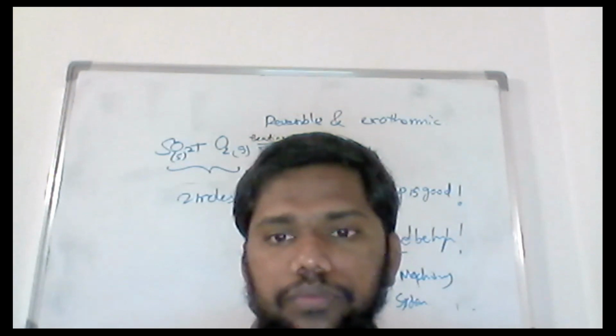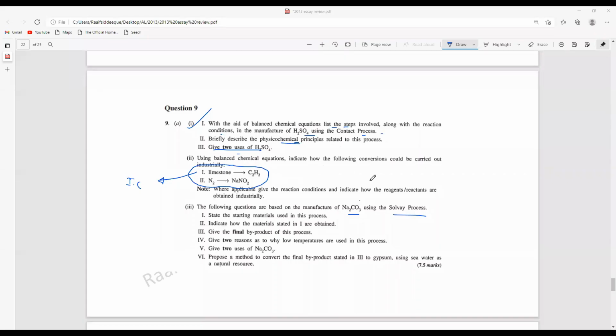So, right. The next question is the inorganic conversion part. This is after a long time. You have limestone, which is calcium carbonate, and you need to get acetylene. If you remember, if you have limestone, you can first heat this limestone to form calcium oxide